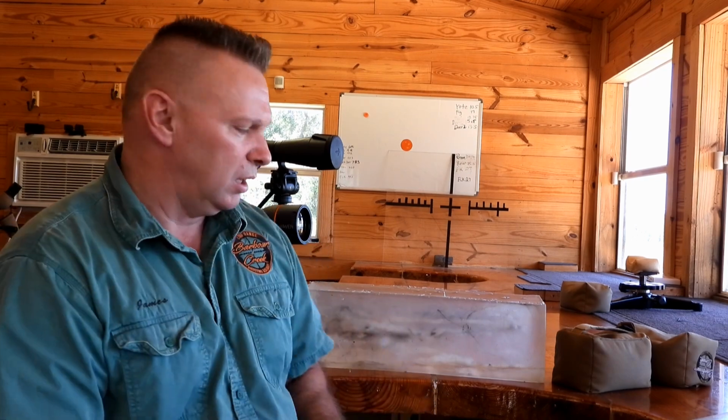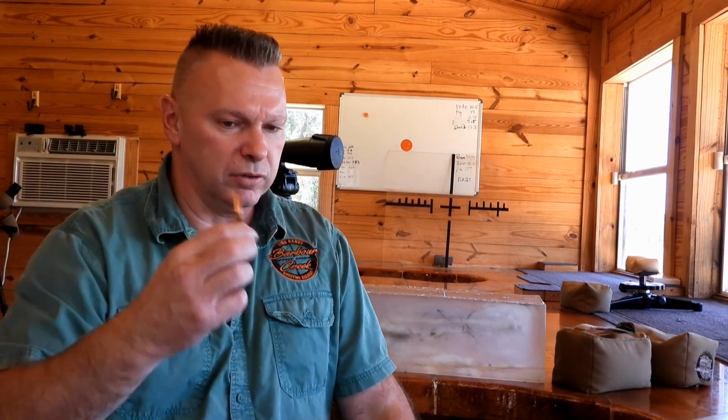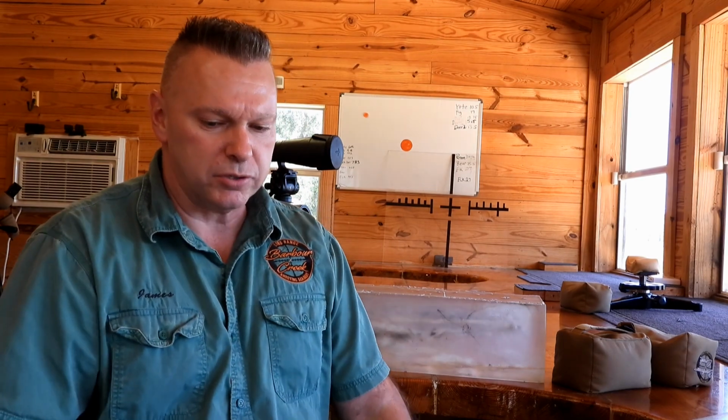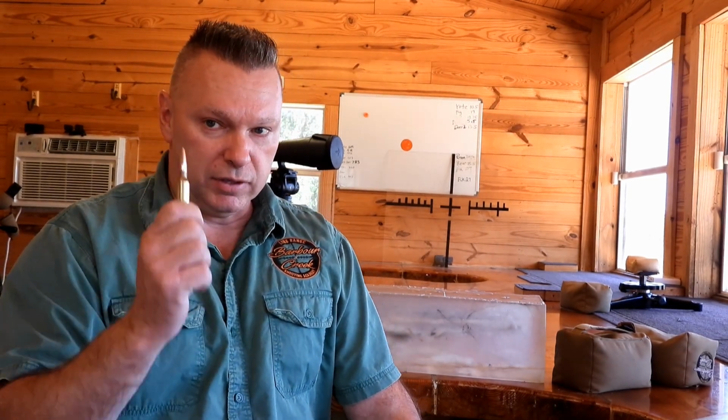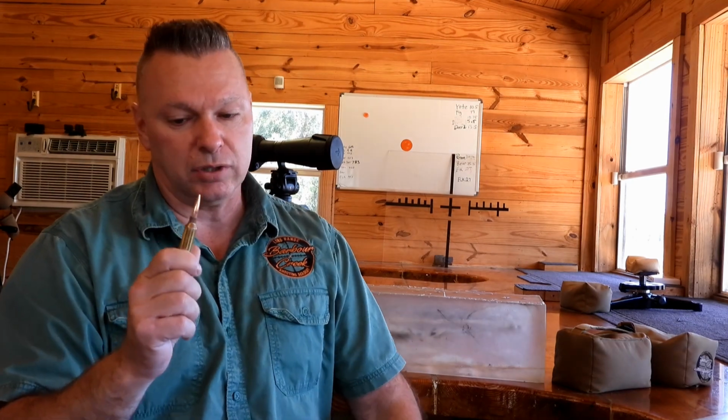Why do I do 600 yards? 600 yards is where earth-based effects start to affect the bullet. Station pressure, temperature, altitude, even wind becomes a huge factor at 600 yards. So 500 yards to me is what I consider medium or close range, and I think the bullet's going to function perfectly at that. At longer ranges, I am going to stick with my 140 Berger VLDs or the hybrids, and I'm going to stick with the 135s. Now, saying that, if this hits a bone, I'm pretty sure it's going to open, but